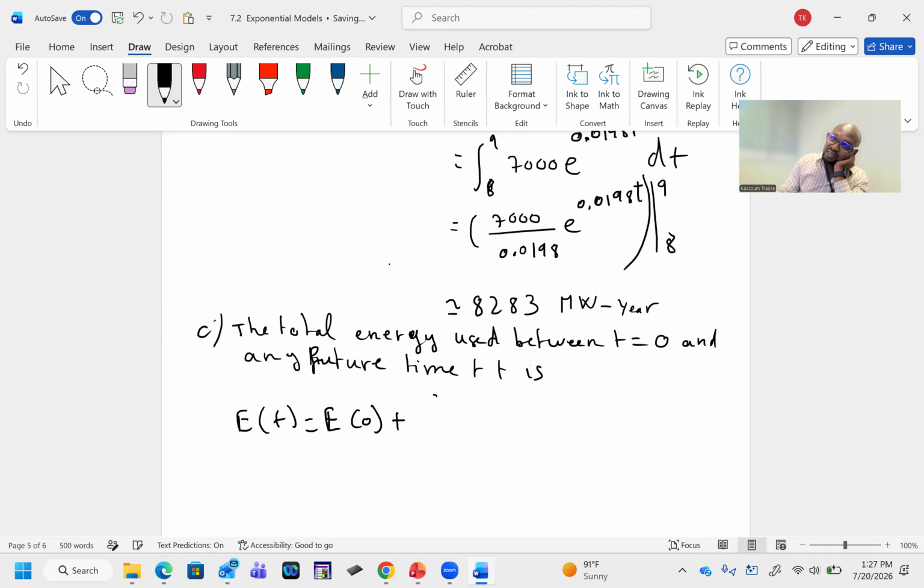Plus the integral from 0 to t of E prime of x dx. Let me use x. Of course, E prime of x is the same thing as P of x, so this is the same thing as E0 plus the integral from 0 to t of P of x dx. Okay, so my E of t will be,